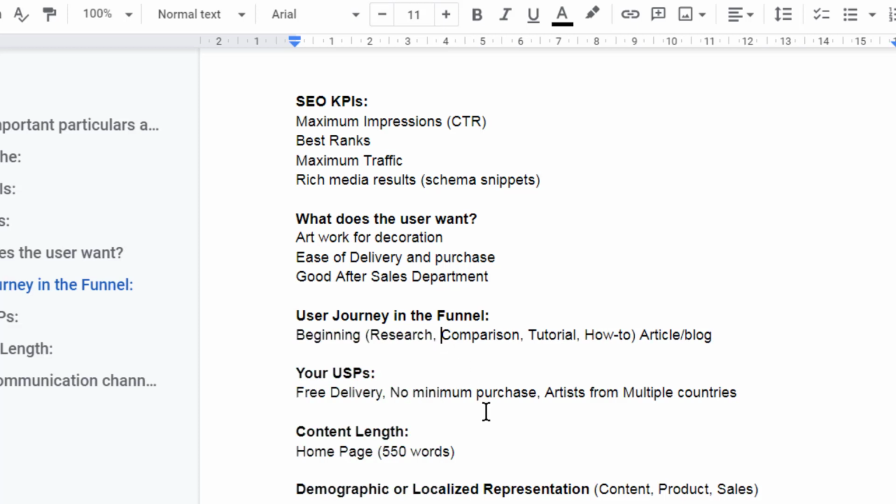Okay, we also need to add a catalog, because if a person is searching for something like best artists in abstract paintings or best abstract painting artists, they are also looking for a catalog while conducting this research. Okay,